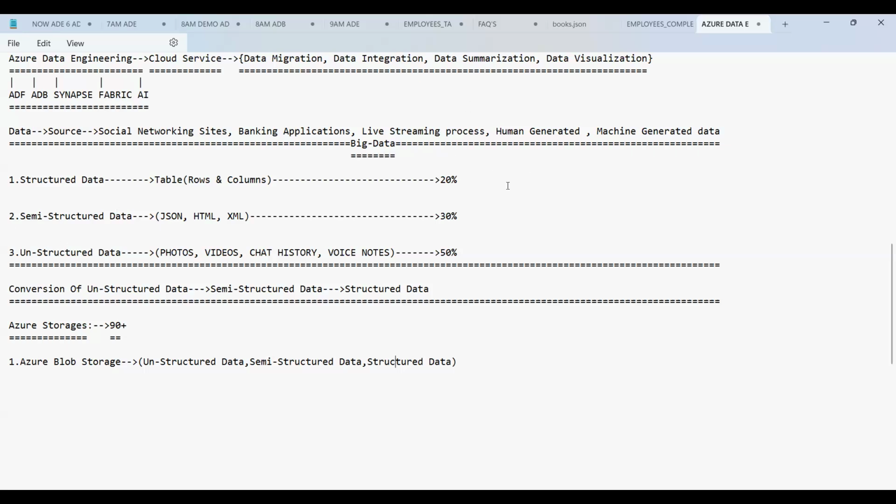But there is a drawback in the Azure Blob Storage. It is a limited storage. What's the limit? You can say 500 TB. We cannot store more than 500 terabytes; the maximum storage we can have here is 500 terabytes. If you have a very massive amount of data, a very huge volume of data,